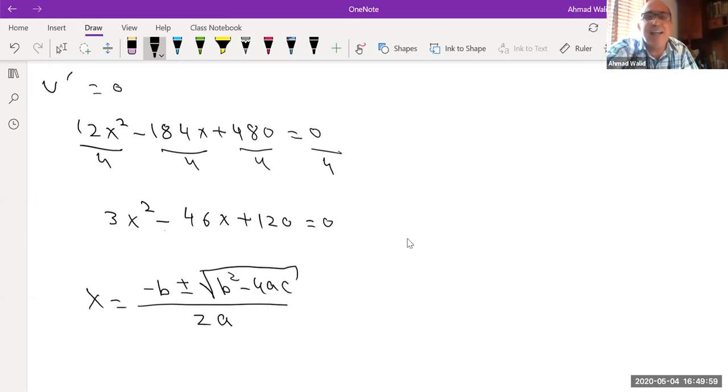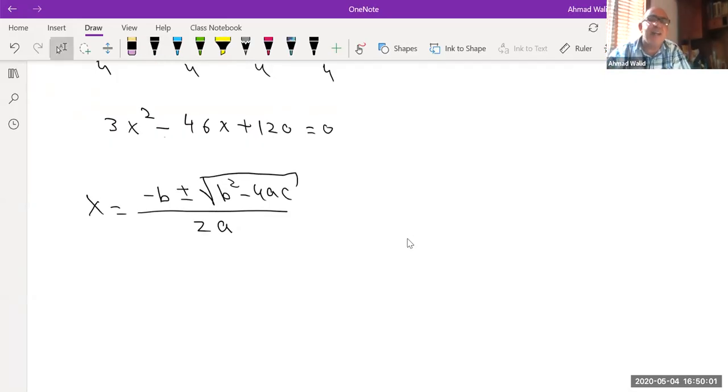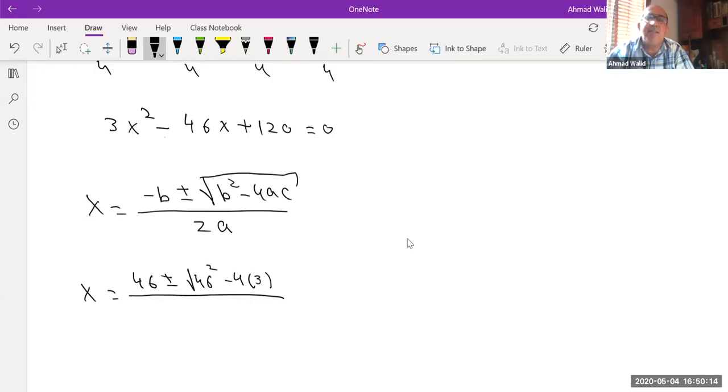Let's plug in the values and give me an answer. Negative b means 46, plus or minus the square root of 46 squared minus 4 times a, 3, times c, 120, all over 2 times 3,